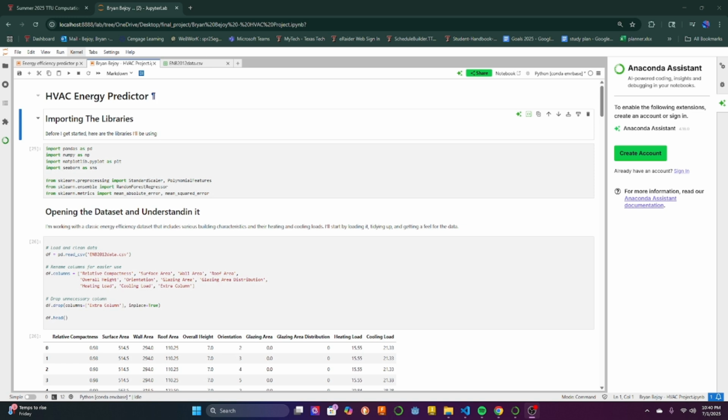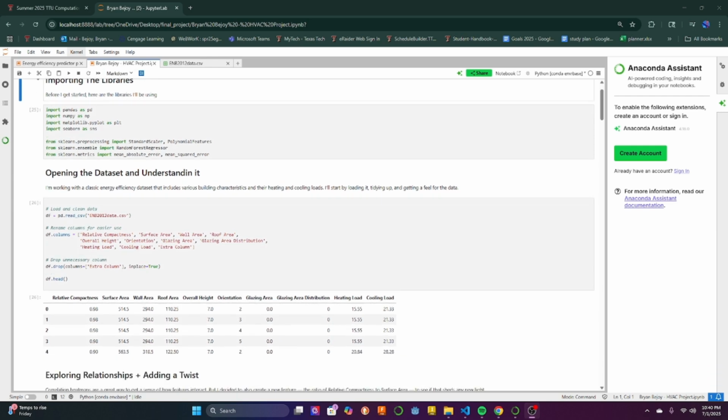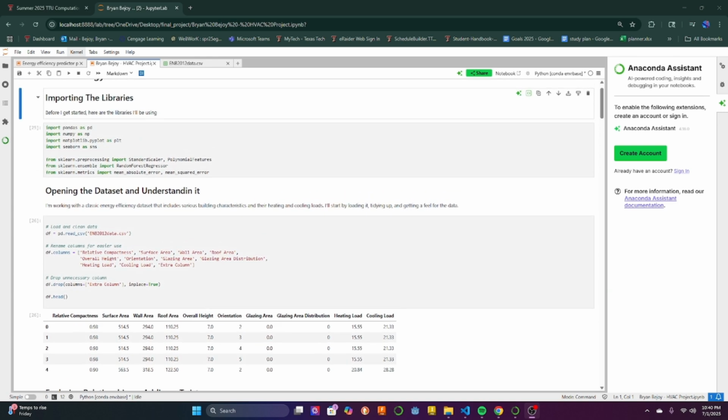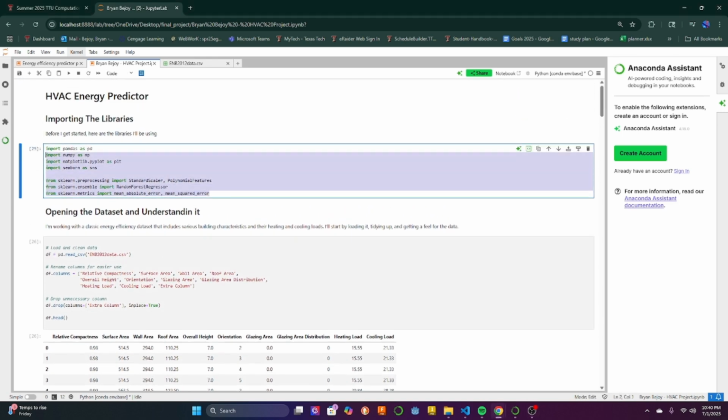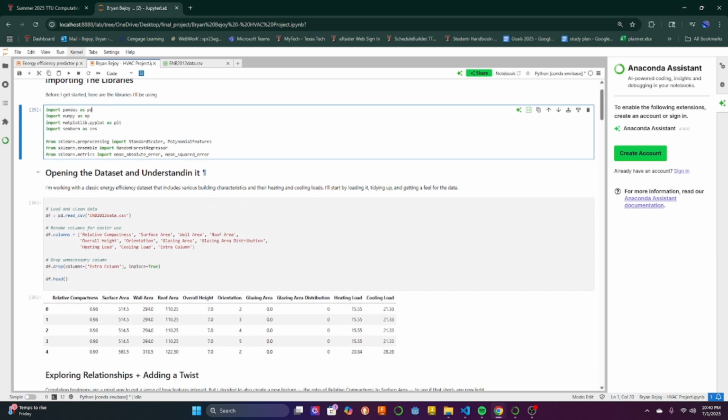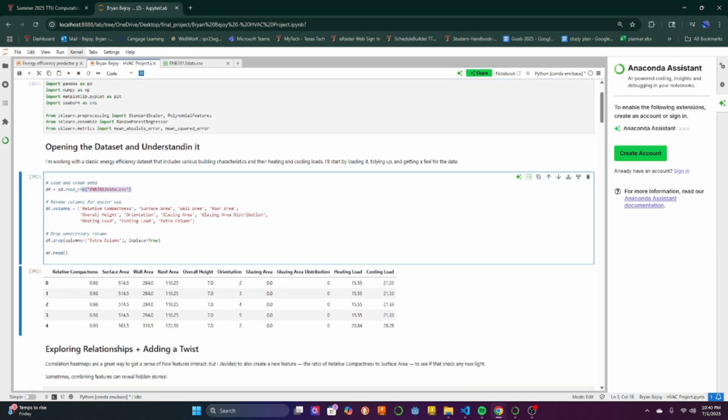I made an overheating, ventilation, and air condition energy predictor, or for short, HVAC energy predictor. First things first, I imported all my libraries over here. I then read the file that was provided in Canvas or in the classroom, and then I